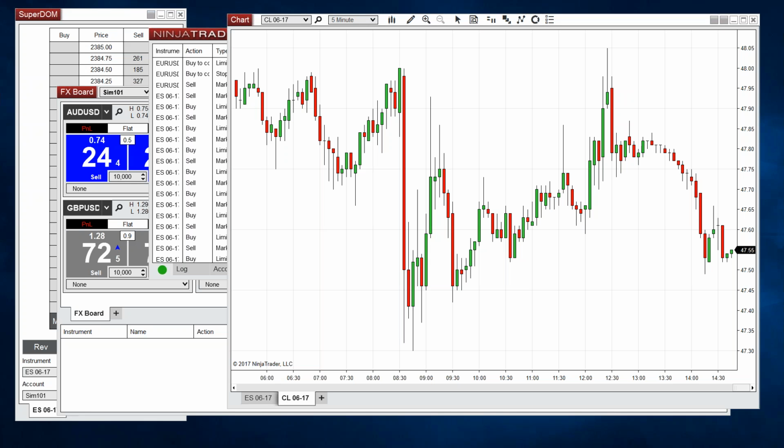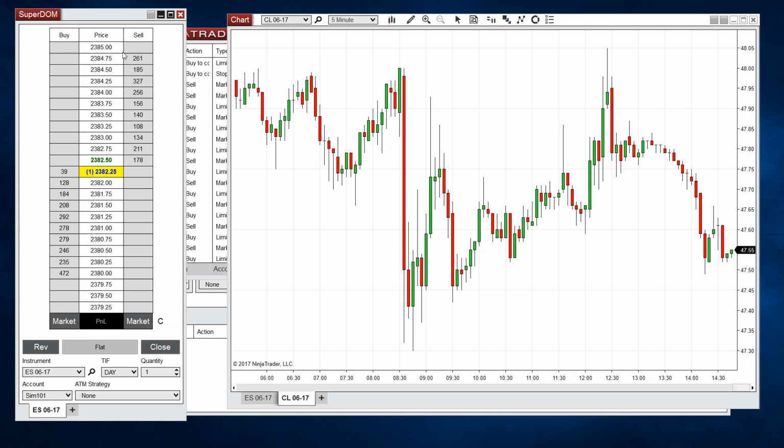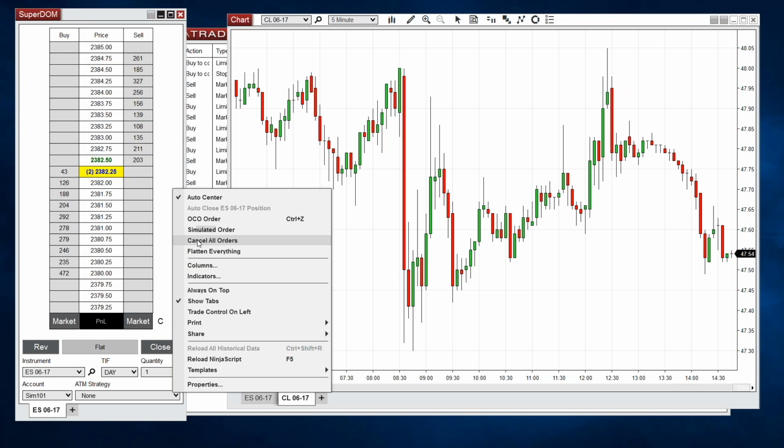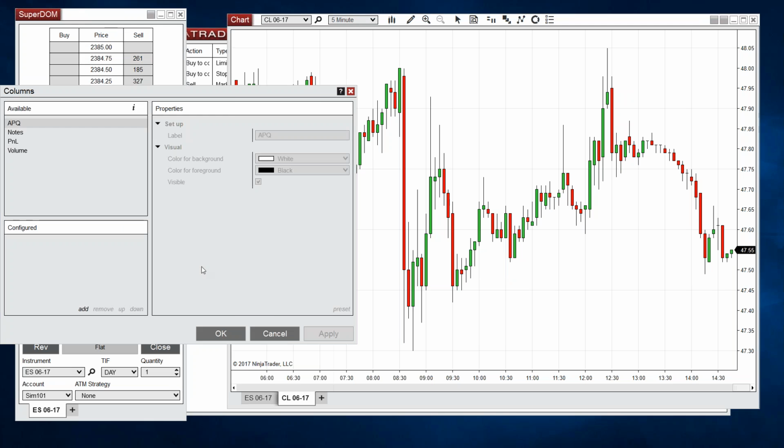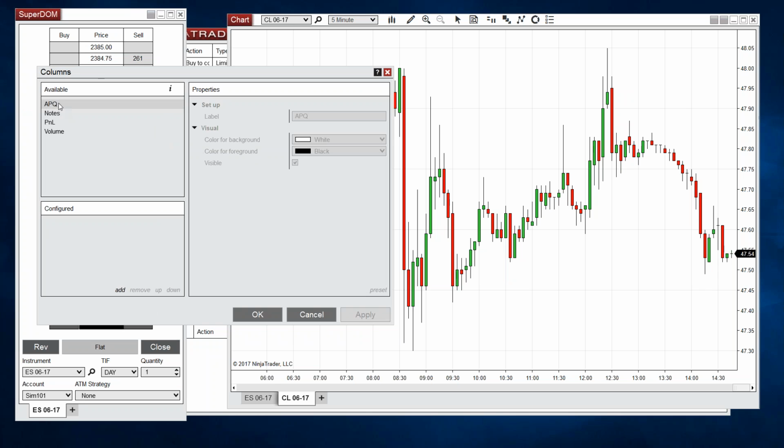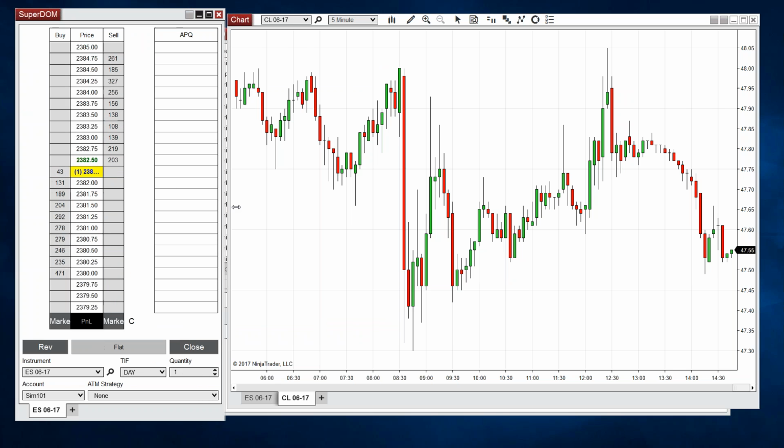I believe we also have SuperDOM. In NinjaTrader 8, we added a number of new features called columns. So if I, for example, right-click in a DOM, select columns, I'll just select one of them, let's say APQ, hit OK. Let me resize this.